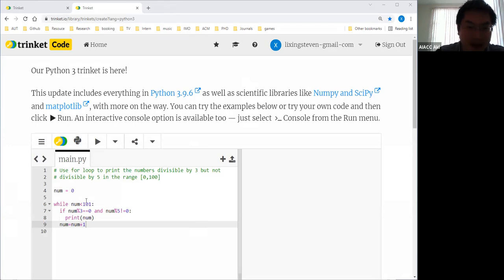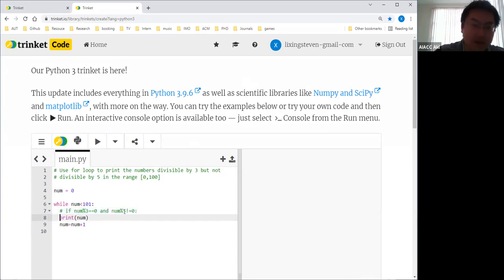Okay, so here, how to solve that? The first thing, as I just said, is that we ignore the requirements, divisible by 3 but not divisible by 5. That is just the additional requirement, so we can first ignore that. If we ignore that, we iterate each number from 0 to 100. We start with 0 and end at 101, and we print the number and increase the number by 1 each time. So we will get